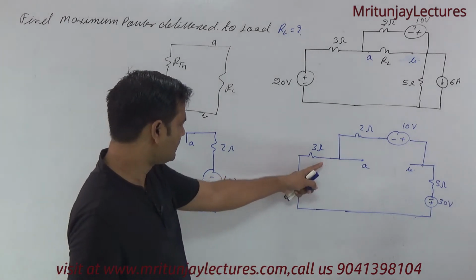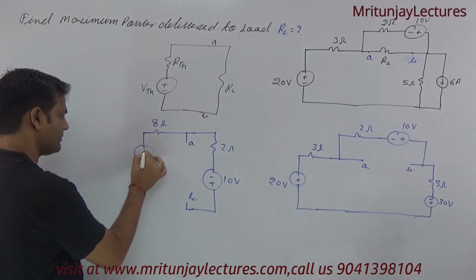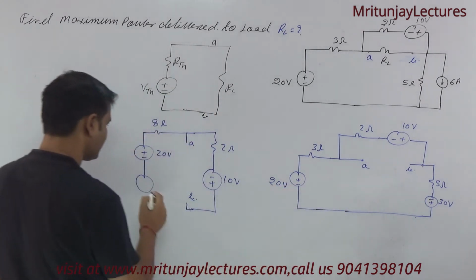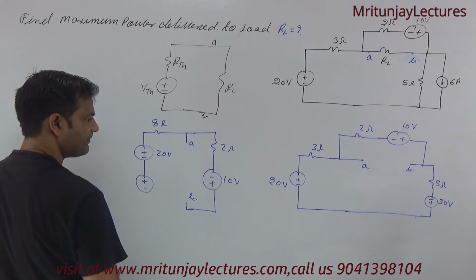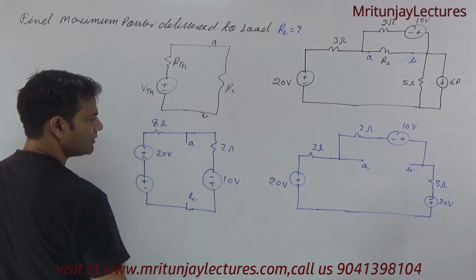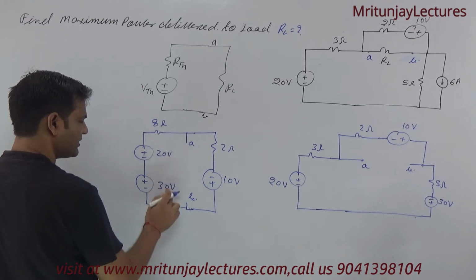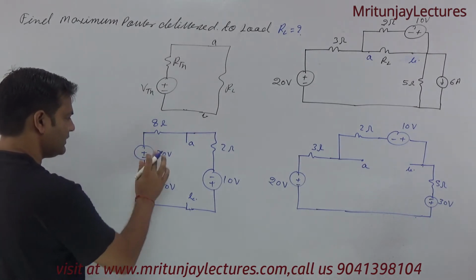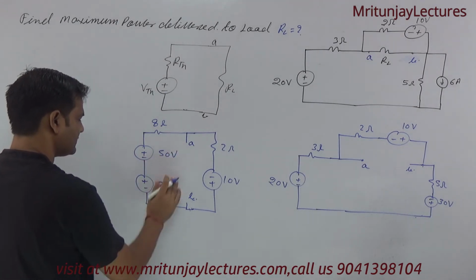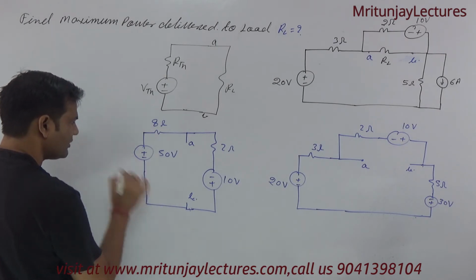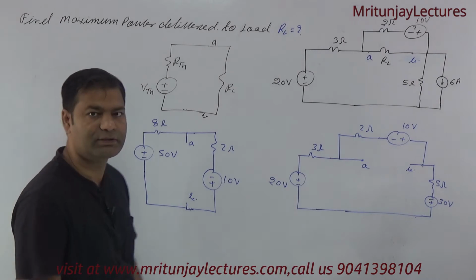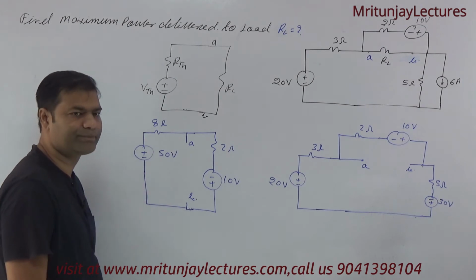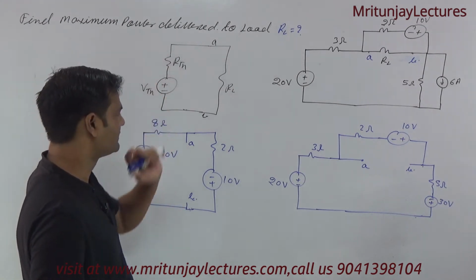Okay, if any doubt, then make plus minus 20 volt, and here minus connects to the positive terminal, and this one is negative. So that is 30. 20 plus 30, the polarities are both in the same direction, positive positive, so that's why you can say that is 50 volt. 30 plus 20, that is 50 volt. Now our motto is to determine the equivalent across AB, and this one is equivalent like that.